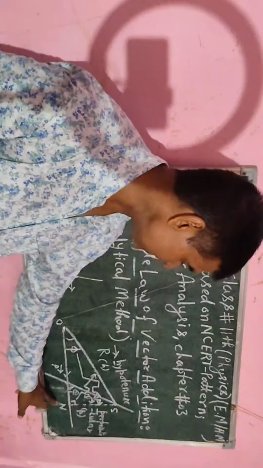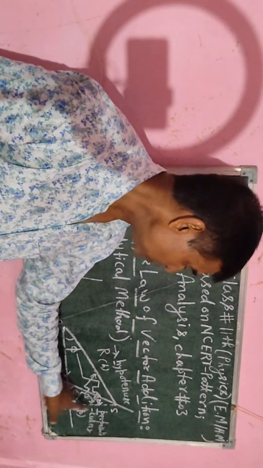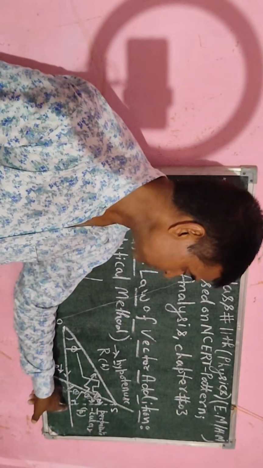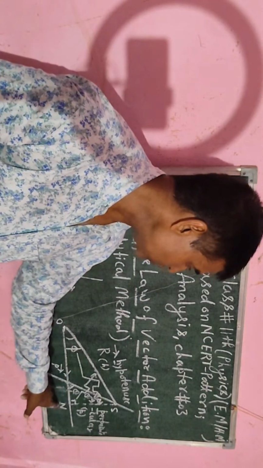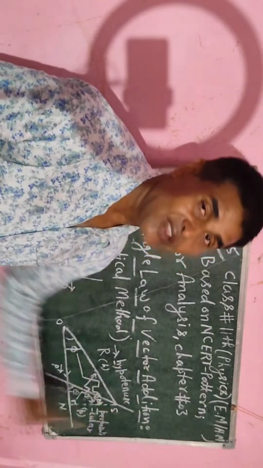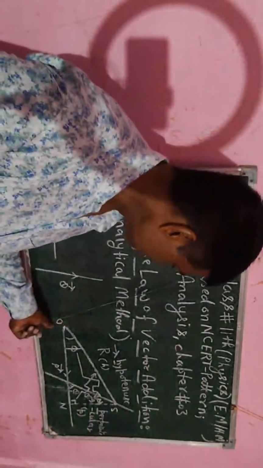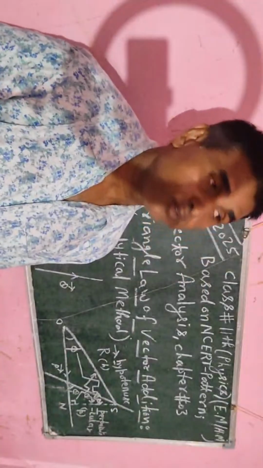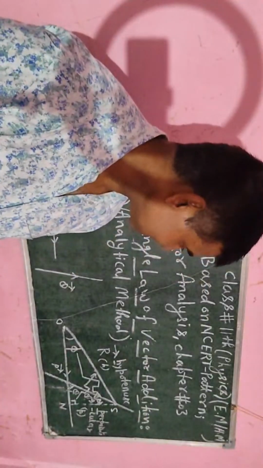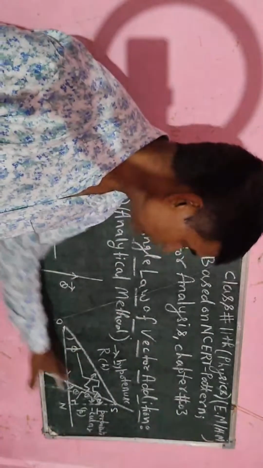इसलिए पॉइंट S से वेक्टर P पे परपेंडिकुलर डालें, और जो वो परपेंडिकुलर लाइन वेक्टर P को इंटरसेक्ट करती है, मतलब प्रतिच्छेद करती है, उस पॉइंट को N कहें, और जहाँ से परपेंडिकुलर डाले उस पॉइंट को S कहें। इस तरीके से हम कह सकते हैं कि ये ONS एक राइट एंगल ट्रायंगल, समकोण त्रिभुज है, इसलिए समकोण त्रिभुज में हम पाइथागोरस थ्योरम अप्लाई कर सकते हैं, और अप्लाई करने के बाद इन दोनों वेक्टर का सम हम निकाल सकते हैं।